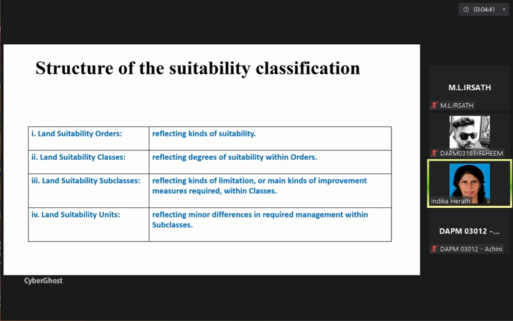Subclasses and units. So those are the hierarchy that we are going to consider, right? Orders are generally reflecting the kinds of suitability, and land suitability classes reflect the degree of suitability within the order,